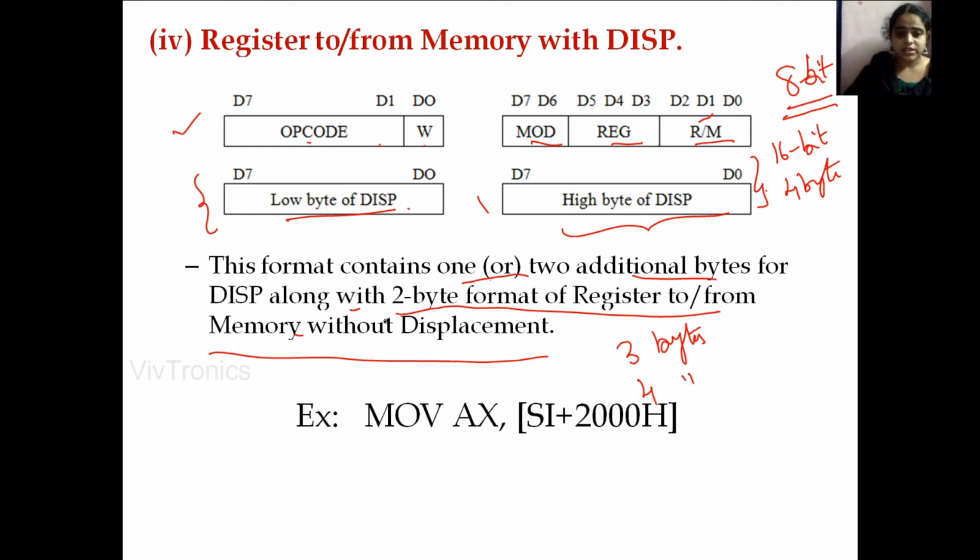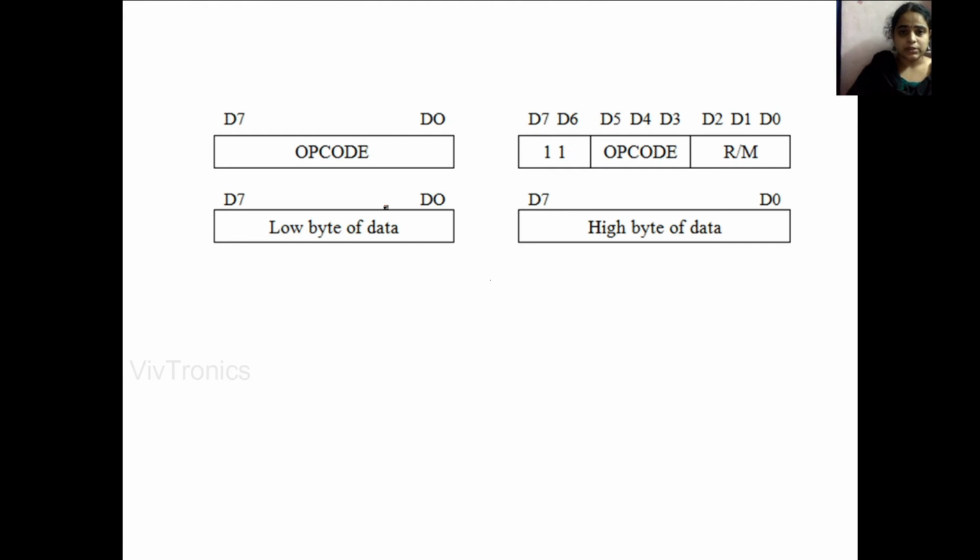Okay, and this is an example, MOV AX, 2000H, and this 2000 will go here, in lower byte 00 will be stored, in higher byte 20 will be stored, and the remaining REG field, REG stands for register field, and this specifies there are 3 bits and we will be having 8 combinations. Depending upon the 8 combinations, we will decide the register whether it is AX or BX or CX or DX, like that. You will see in the last of the topic.